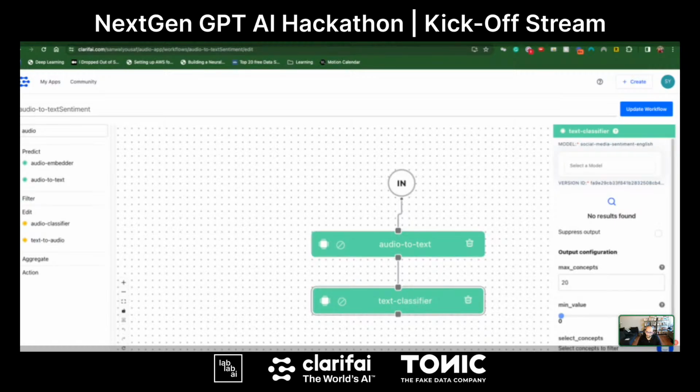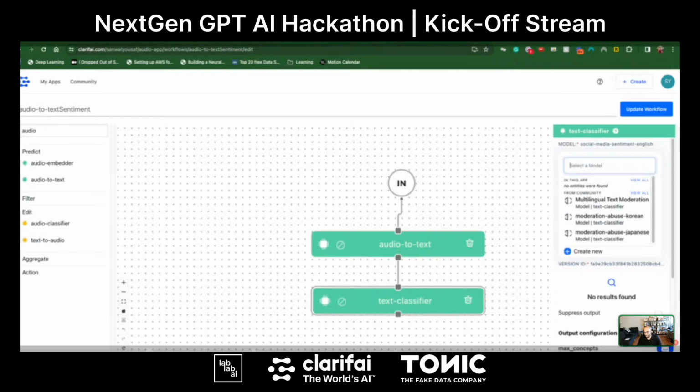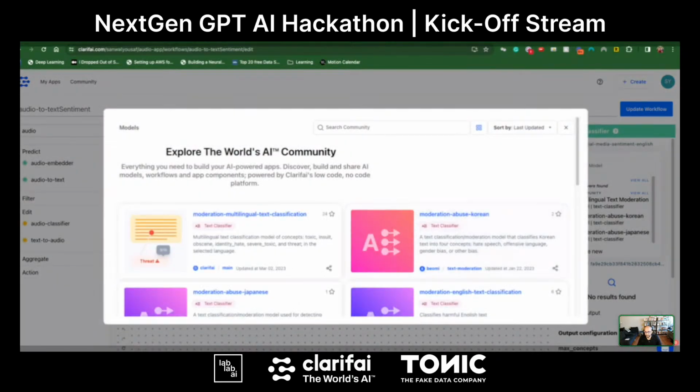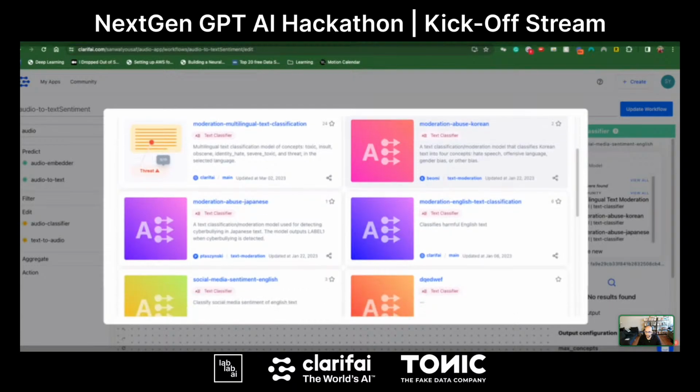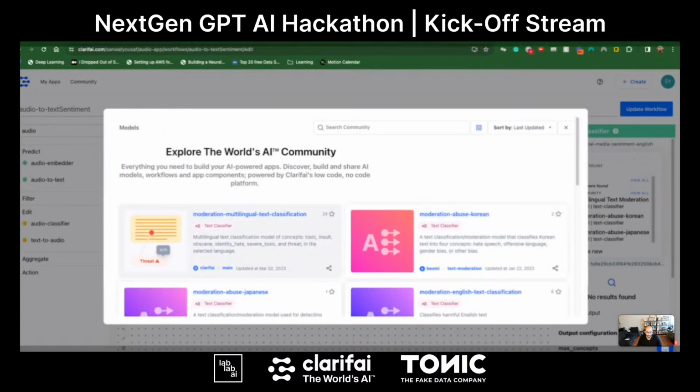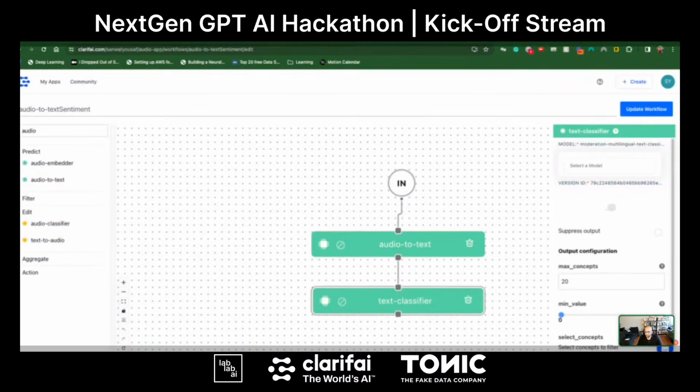And then the second one is a text classifier. So we have various different pre-built text classifiers. And you'll see over here, if we go to community, we can just select the ones that we want. I think I'm going with just the moderation multilingual text classification.